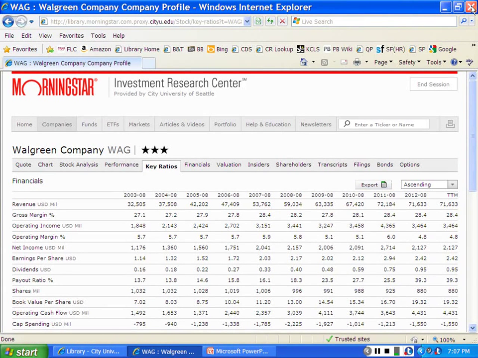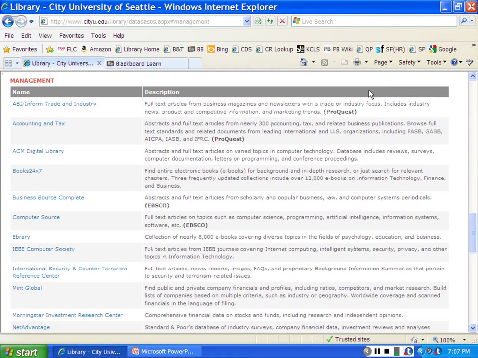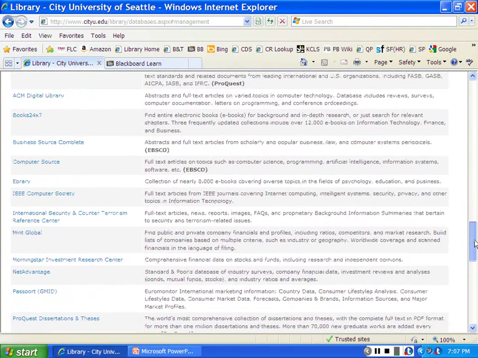I'm going to close out of Morningstar here, and I've returned to my CityU management databases, and here's where I started with Morningstar. And I want to recommend to you that when you get and calculate from your top 5 companies in your industry to create your industry averages, that you take your ratios from one of the business database providers. These key ratios could also be found in NetAdvantage or Mint Global,